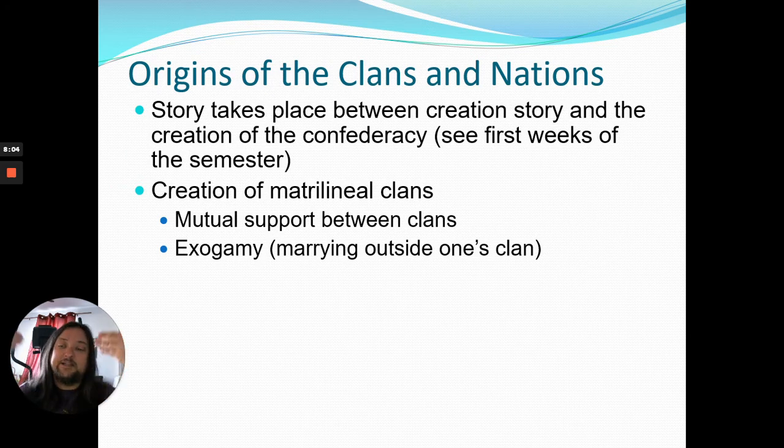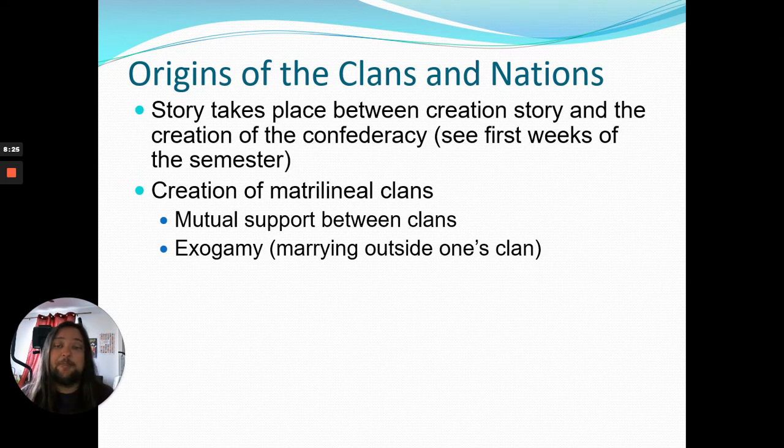So clan identity is passed down through the mother. You belong to your mother's clan. And if you're a woman, your kids will be in your clan. If you're a man, your kids will be in their mother's clan, and you have a role. You have obligations to your own blood children as well, but also obligations to your sister's kids because they are